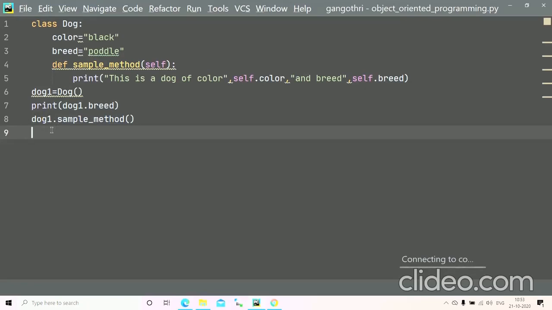Here, this object refers to the class it belongs to, and then refers to the sample method which is within the class. All these things are done by the self parameter. That is, when we call object.method, it gets converted into class.method and it refers to the respective object and then returns us the output. Got it? This is the use of the self parameter.